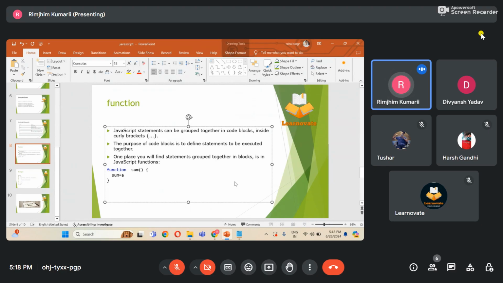Sum is equal to a plus b. Then you'll be declaring all those things, and then you'll be writing the entire concept of how addition will work. So what you're doing is, if you want to call this particular function, simply you have to use this keyword